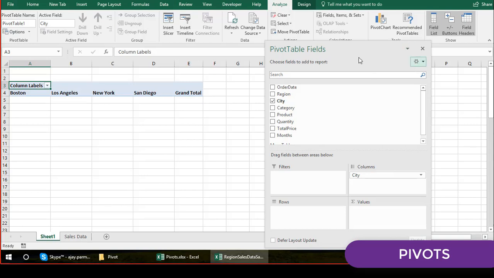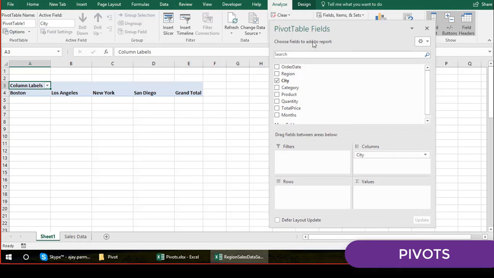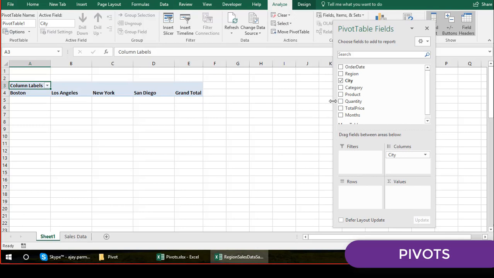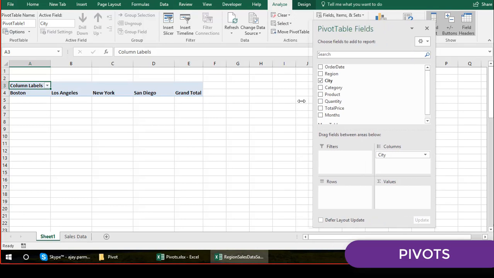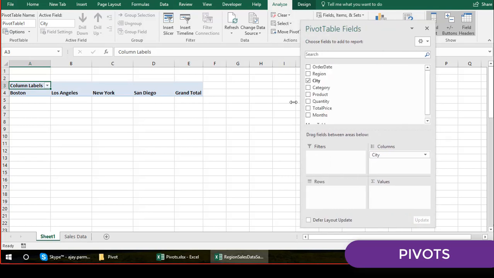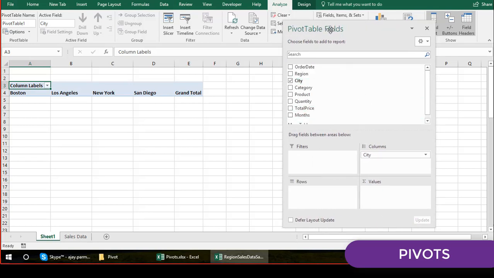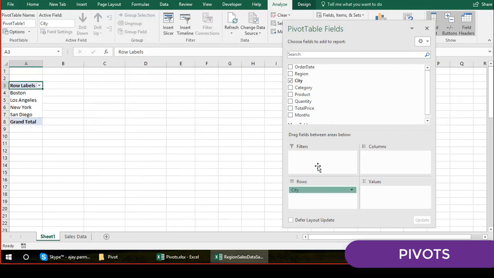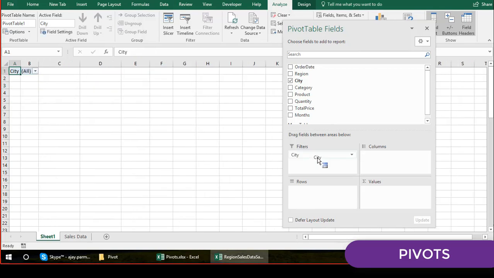Well, let's talk about that a little later, because that's not really so important. But the thing is, just in case you want to give more space to the Excel spreadsheet, you can shrink this. Okay, so normally this is how your pivot table fields look. You put them in any order, right, and they will start reflecting.